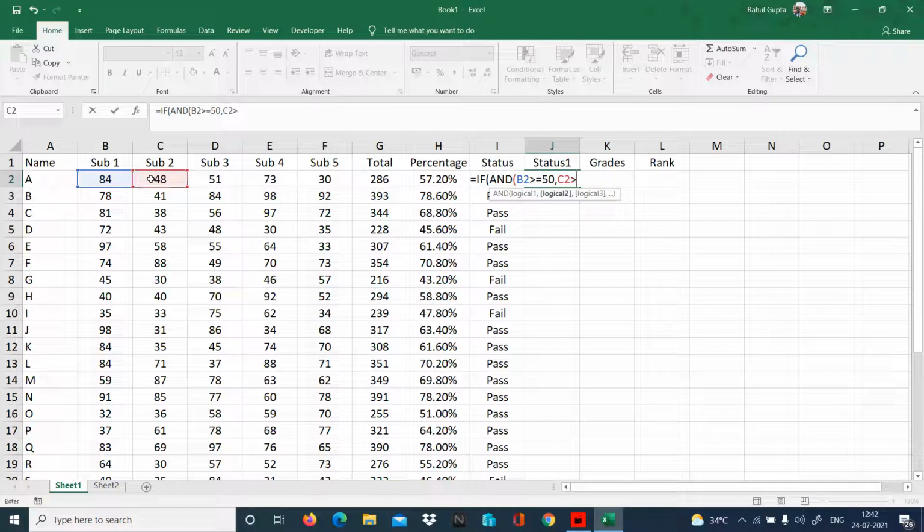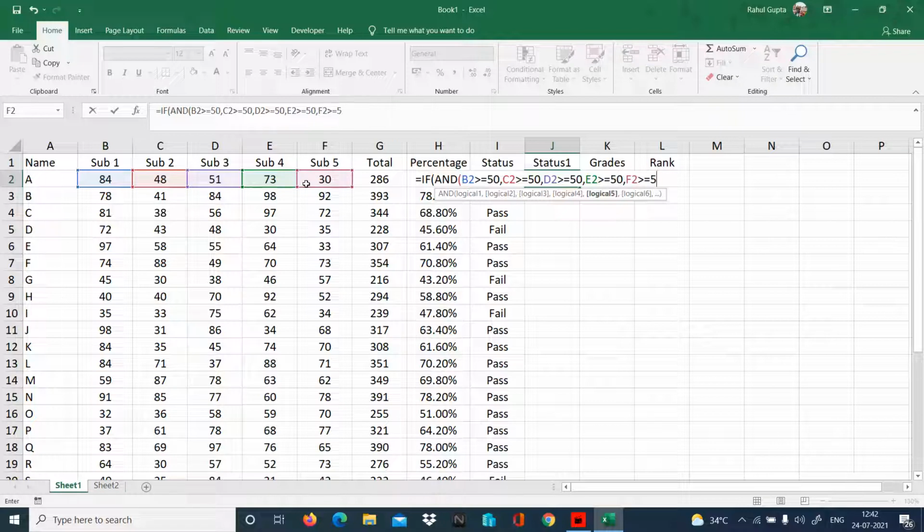This is greater than or equal to 50. This is greater than or equal to 50. This one is greater than or equal to 50. And this one is greater than or equal to 50. If all of them are greater than or equal to 50, then pass, else fail.